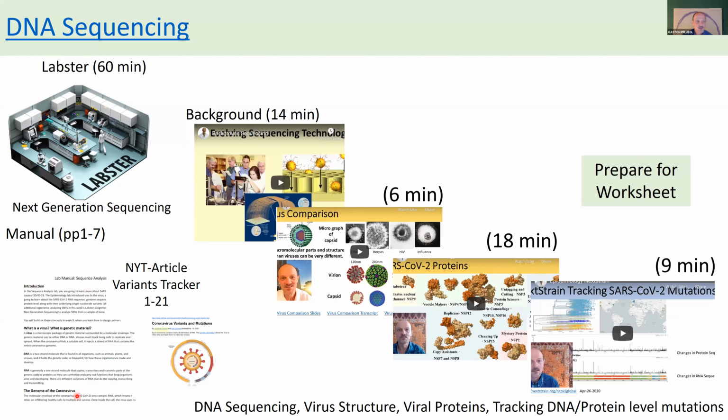Our lab manual introduces the variants and the virus. We introduce the coronavirus here, and also the proteins. There are 2 videos going along with that. There's a New York Times article, they've been pretty good over the last year, going over the viruses, the variants of the coronavirus. And here's the genome, and here's the capsid and the spike protein. So that's all introduced in here, in the proteins of the coronavirus.